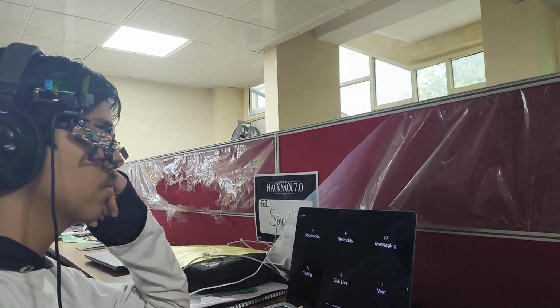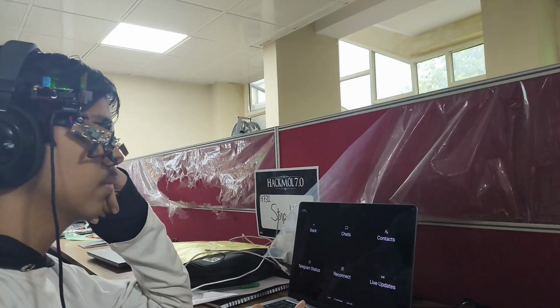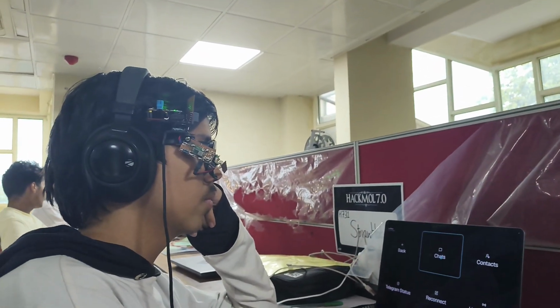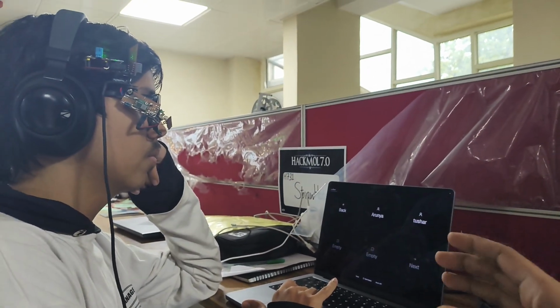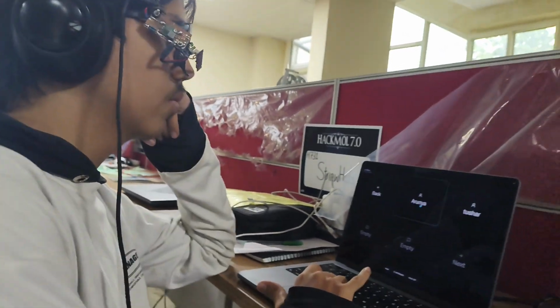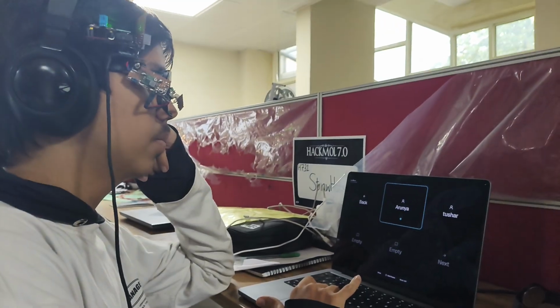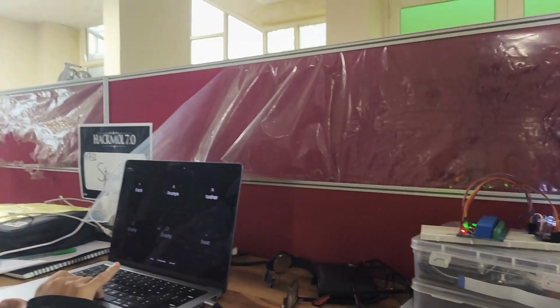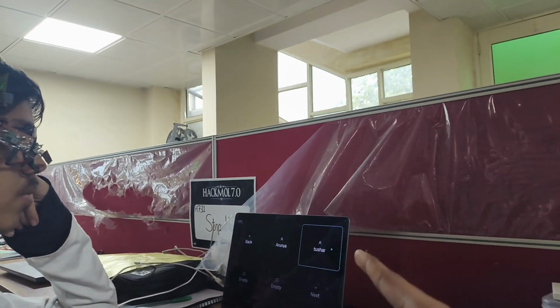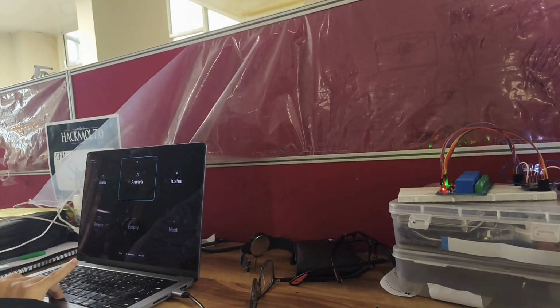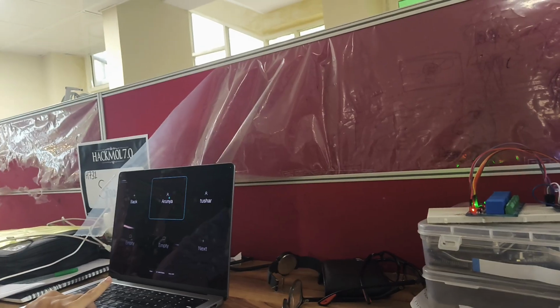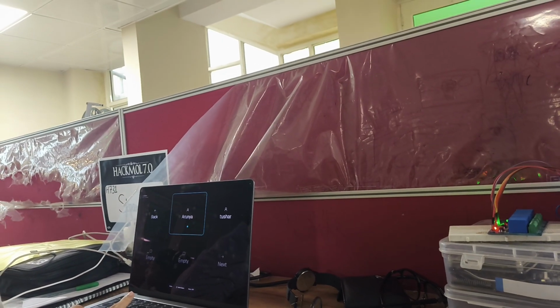It will load, just a second. Next feature is the chat feature. So the paralyzed patient can chat with anyone. Through this, he gets the power to chat. Show my Telegram on my laptop. It is basically connected with the Telegram API, and the message is received here. Let me show you. It's loading, so we have to wait a little.